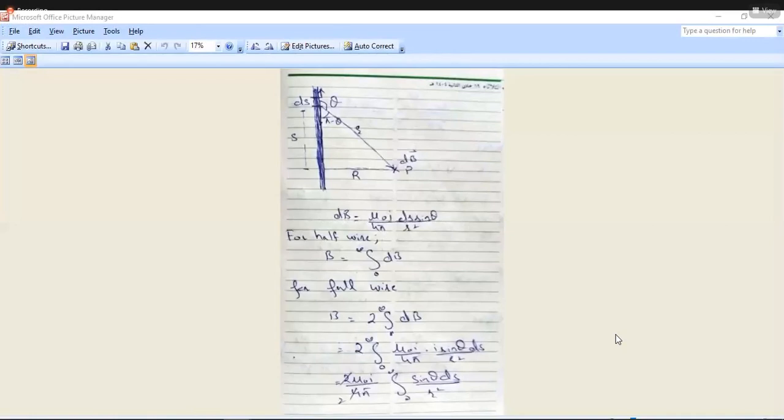Is anything appearing on your screen? Yes, notes. Yes, sir. Okay, so now you can see here that this figure is the same one